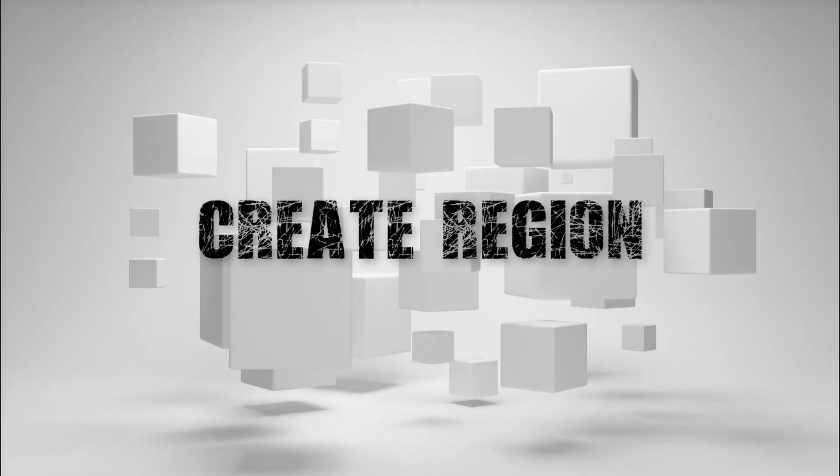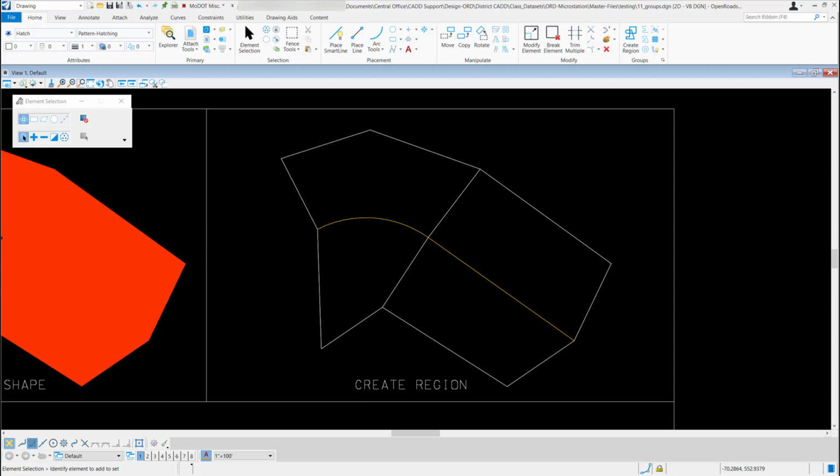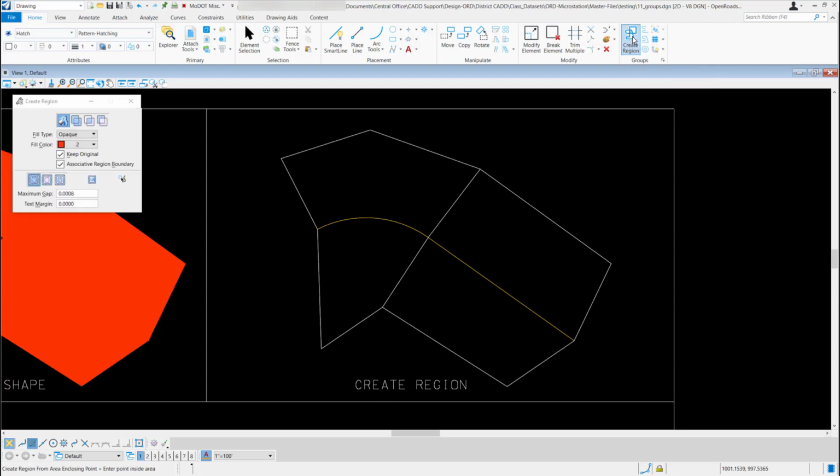In this video, we will be going over the Create Region tool in the Groups toolbar. We can get to that tool through the drawing workflow in the Home ribbon. And the last toolbox down at the end is called Groups, and it's this first tool on the toolbar. It's called Create Region. I'm going to left click and select it, and it's going to bring up the Create